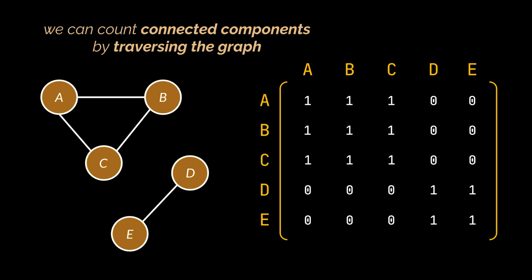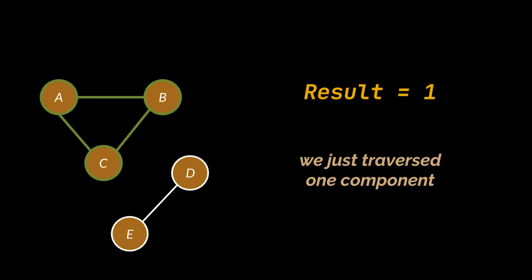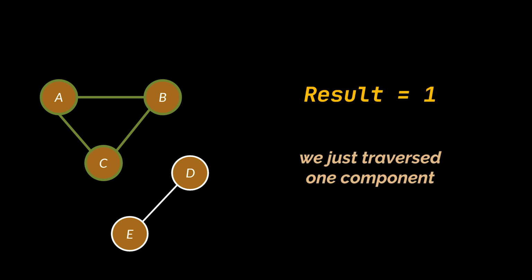We already covered several of these in previous videos, feel free to check them out. So, we will go ahead and start by traversing the graph starting from any vertex. Every time we traverse a vertex, we will mark it as visited. When there are no more vertices to traverse, we increase the number of connected components we have by 1, because all the vertices we just traversed belong to one component.